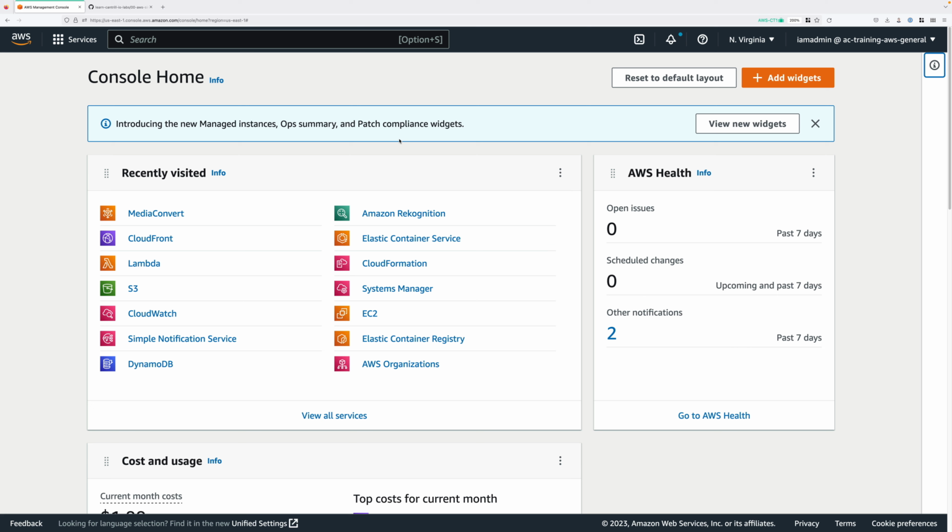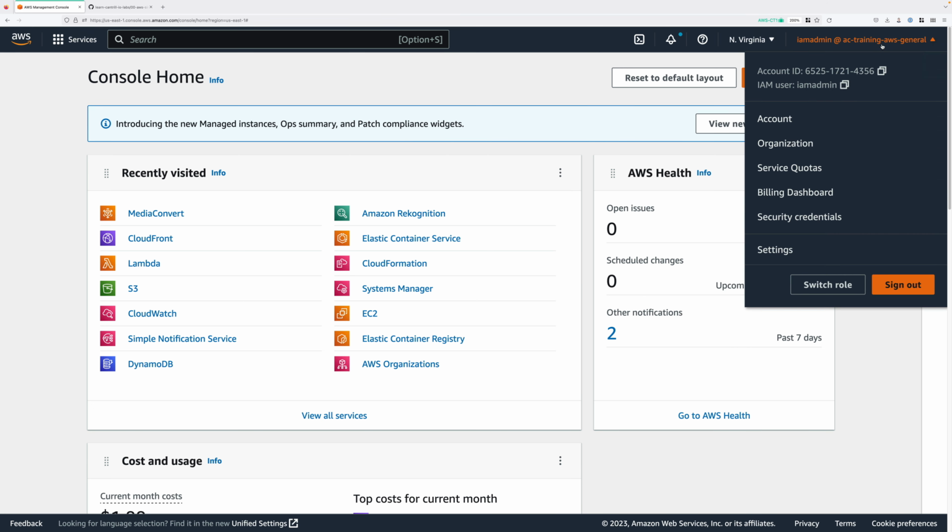First, you'll need to be logged into an AWS account with admin permissions. If you're using my courses, then you can use the IAM admin user of the general AWS account, so the management account of the organization. If you're not using my courses, then you just need to use any identity within an AWS account which has admin permissions, but it should be a dedicated training account.